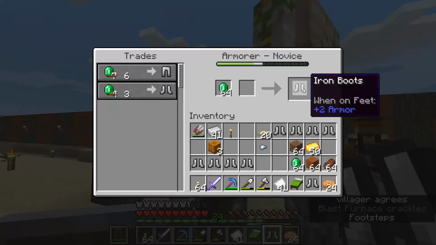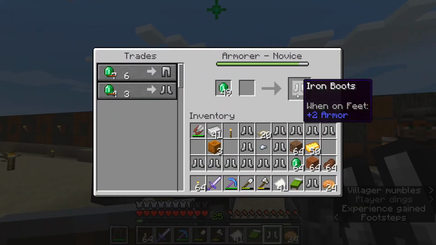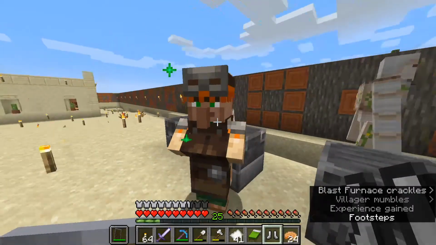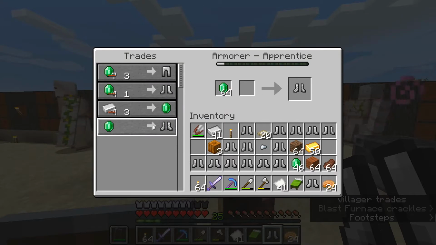Let's see, come on, my dude. There, he's even got a sale for me. Perfect. He's selling me them for 3 emeralds a piece instead of 4. That's great, my dude. Alright, so this guy is going to level up here, and he's going to offer to